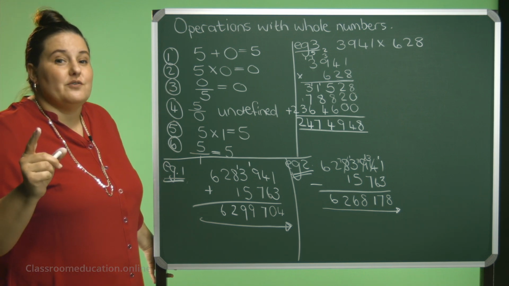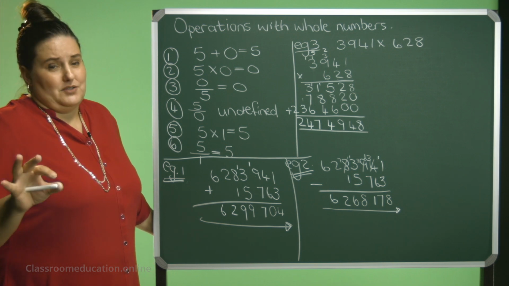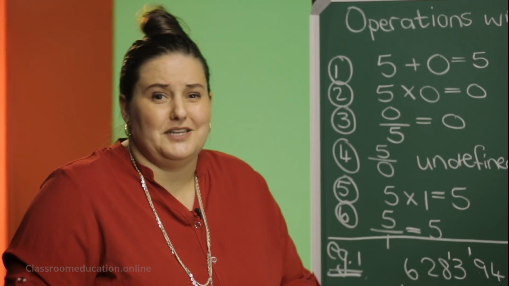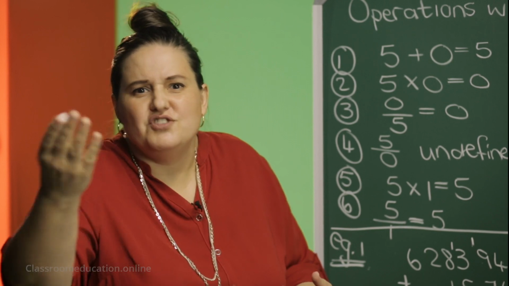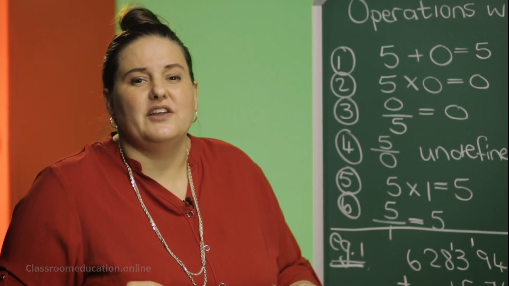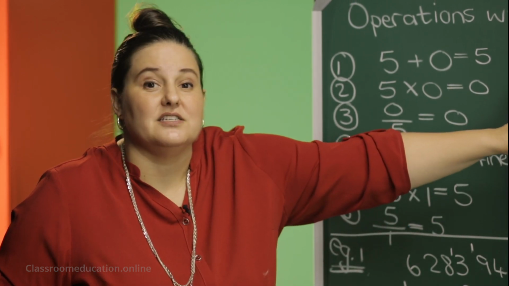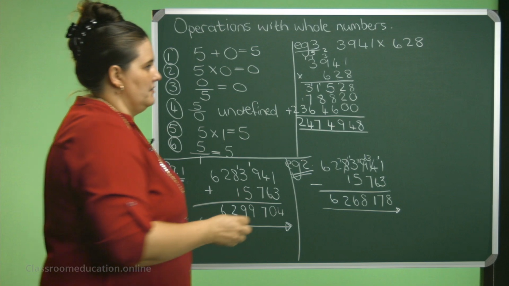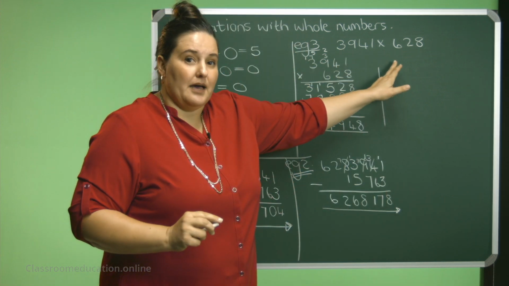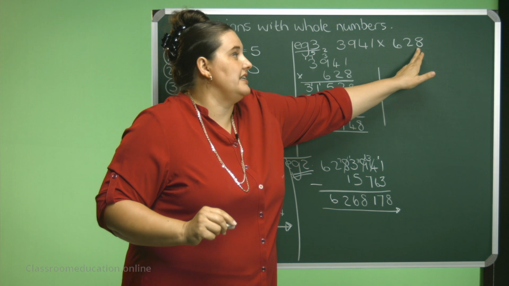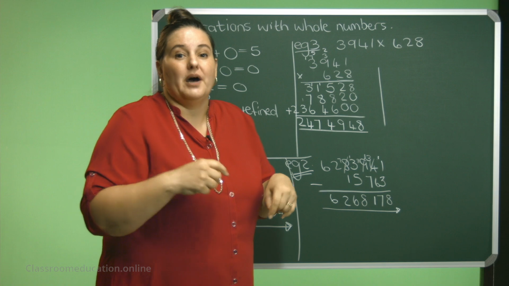Now I'm going to show you a very nice method. And this method goes by many names. It's going by the name of Chinese method, Italian method, Gelosia method, and also ordinary lattice method. So I'm going to show you how to multiply this by doing it in a lattice. I have a 4-digit number multiplied by a 3-digit number. So that's why I'm going to draw a lattice of 4 by 3.